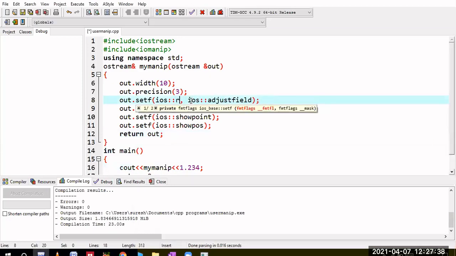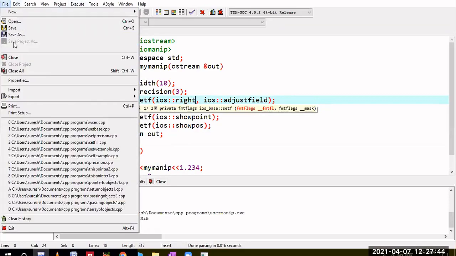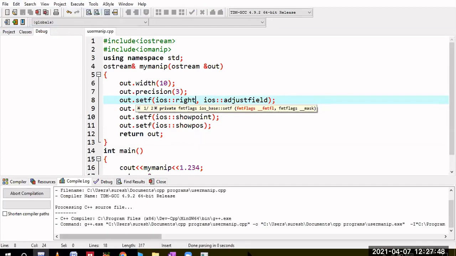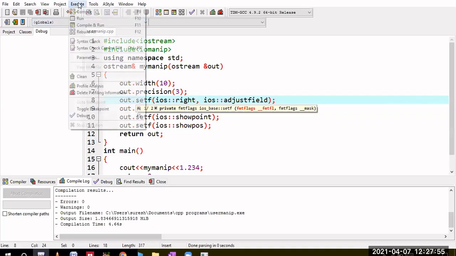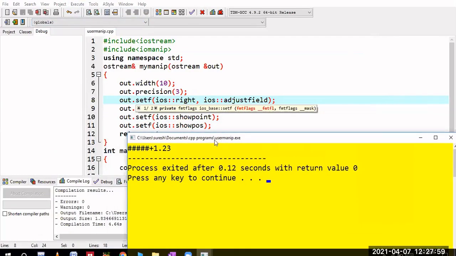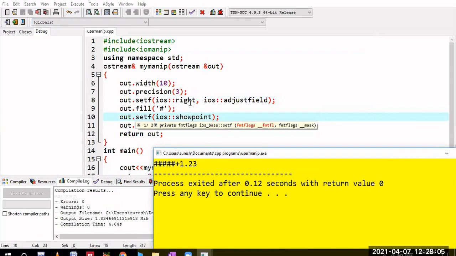I will just change it to right, and I will save this program, and I will try to compile this program. Compilation successful. Now I will try to run this program. You can observe, right? If I make it right justification, then the output is displayed from the right side.